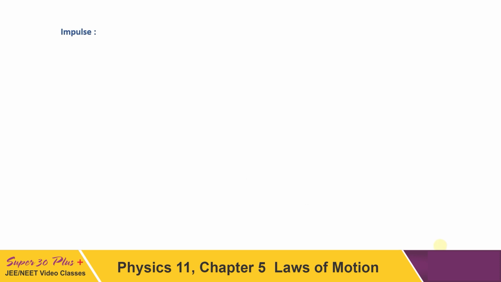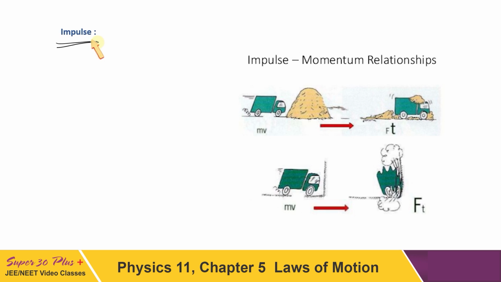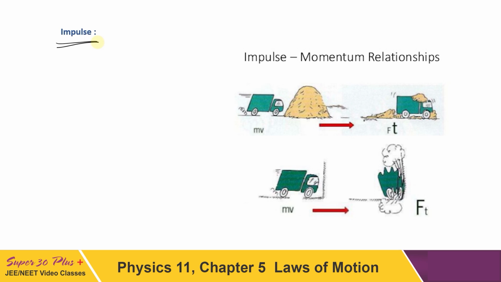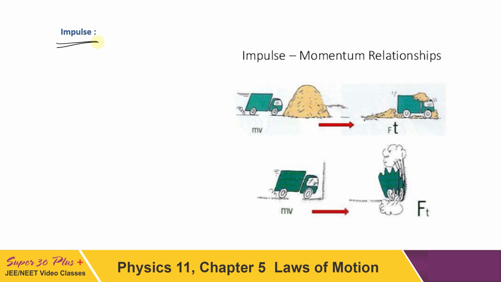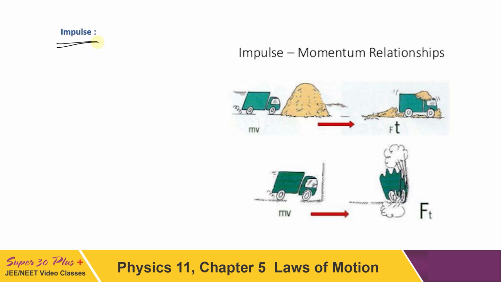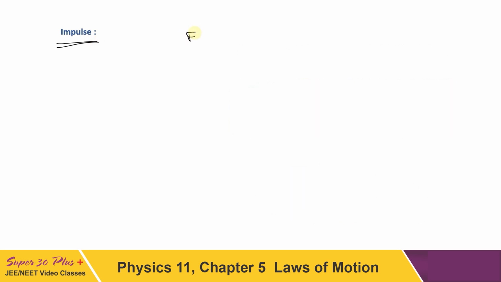One more important term is there, that is impulse. What is this impulse now? When a force acts on a body, it produces a change in momentum. This effect itself is called impulse. So impulse is nothing but change in momentum. Now, as we know, F can be written as dp by dt. So the change in momentum, that is dp, can be written as F dt.